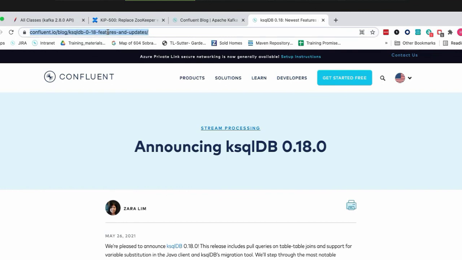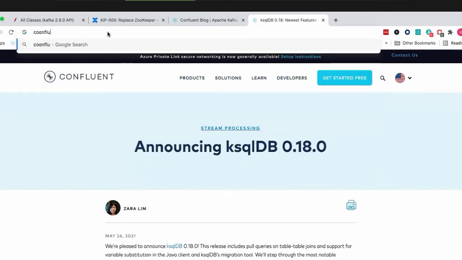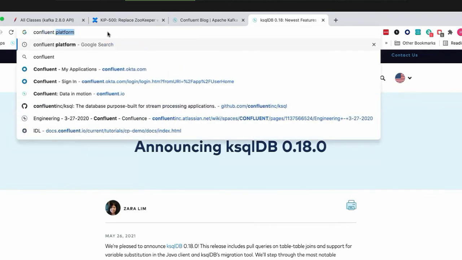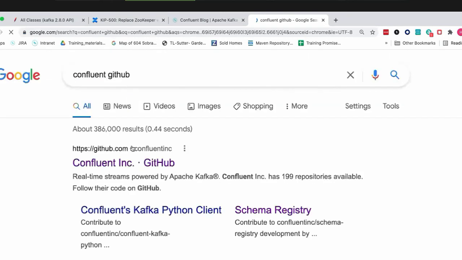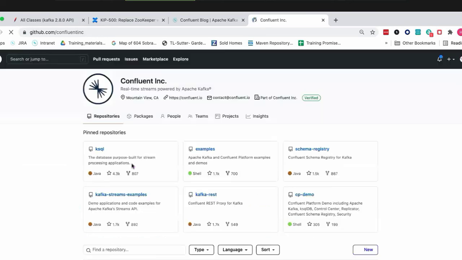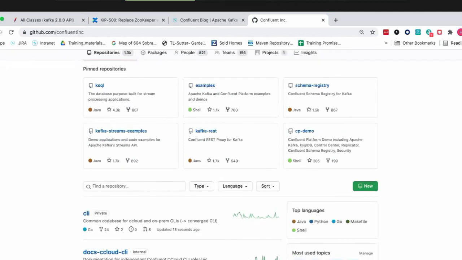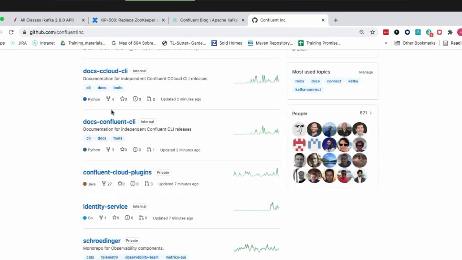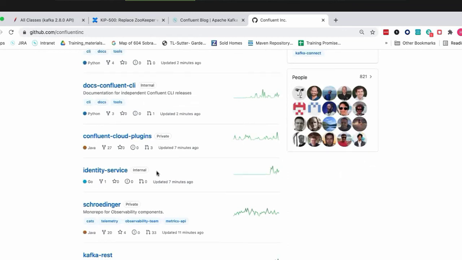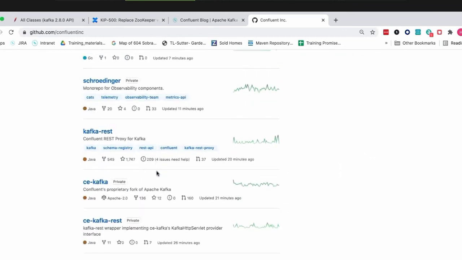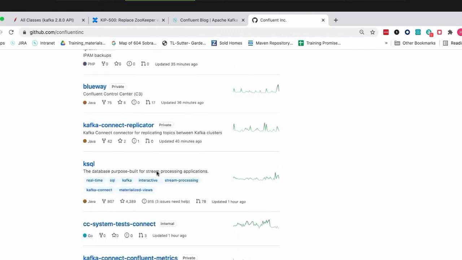Overwhelming. And the last part is the GitHub. So Confluent, this is the last one, GitHub. And you guys will have this in your documentation. But in the Confluent Inc. GitHub, as you come here, you will also find source code for everything that you want, like KSQL, Kafka Streams examples, Kafka, the REST API, CP demo. You'll find a lot of the stuff that you have access to. So just go to GitHub, and you won't have access to everything, but the obvious ones you'll be able to access in GitHub.